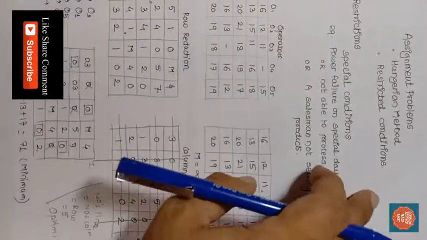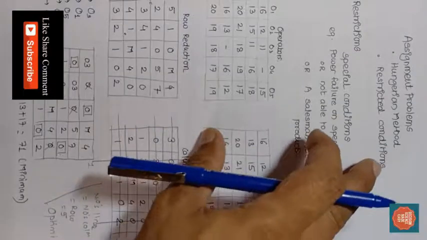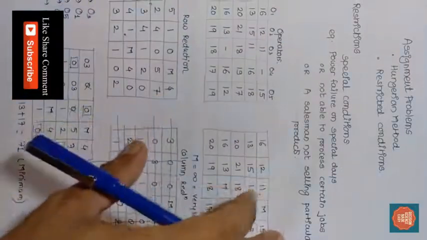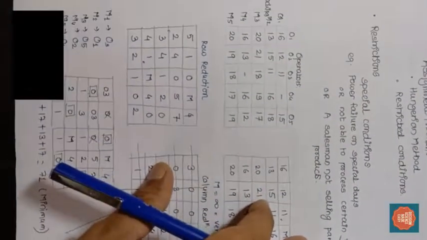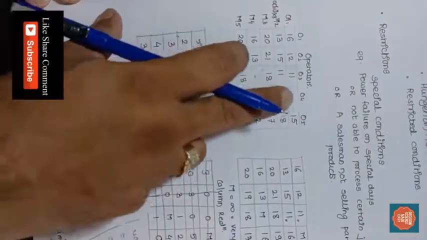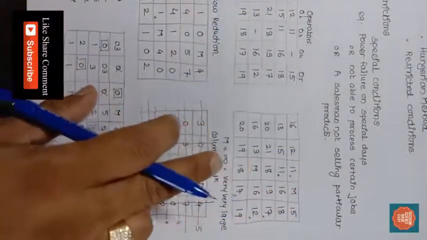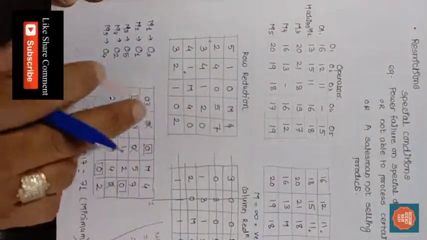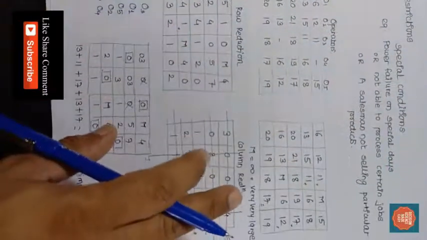So this is a problem which was talking about assignment problems using the Hungarian method, and a special case where restriction conditions are given. Restriction cases are nothing but where a special restriction is given to either the elements in the rows or in the columns. To solve this, we first put a dash into the initial matrix, then in the next matrix we use the value M or infinity, which is a very large value and which is not going to participate in the further operations on the matrices. We will perform row reduction and column reduction.